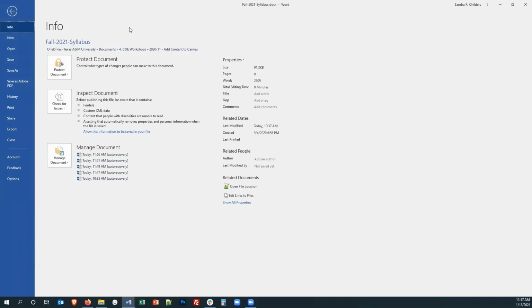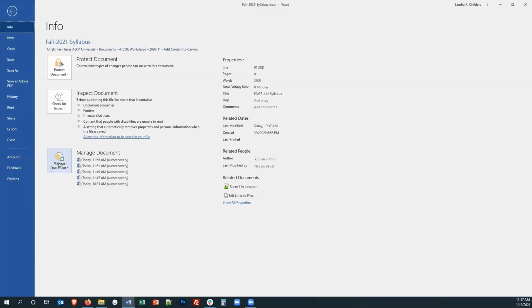So first off, we're going to fix that error of where we don't have a title. We want to paste our title here where it says title in the properties section of the info tab. And then we're going to start saving to a PDF.